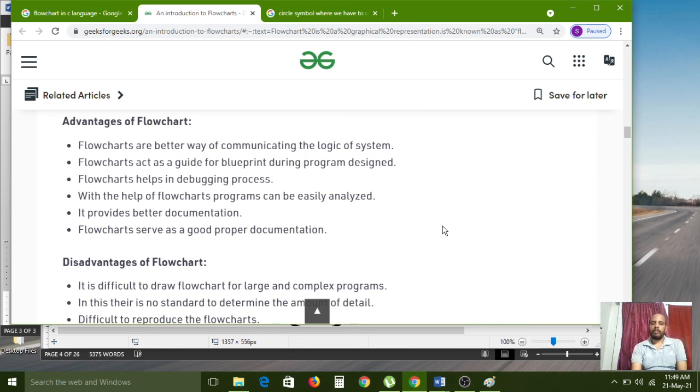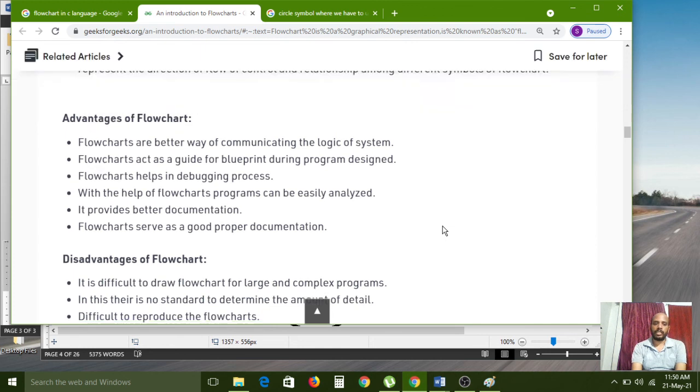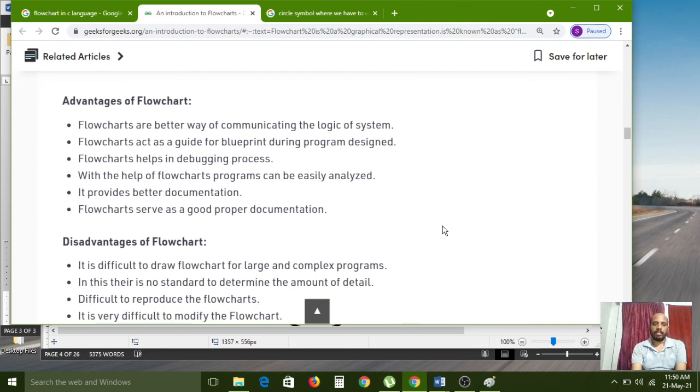Whatever project was done by some other programmer, by looking at the algorithms and flowcharts and by reading the algorithms, they can simply understand. From that time onwards, the new programmer will continue that project. So that is the use of flowcharts and algorithms, the pre-planning tools. Okay, flowchart helps in the debugging process. Whatever information I told you right now is equal to this line only.